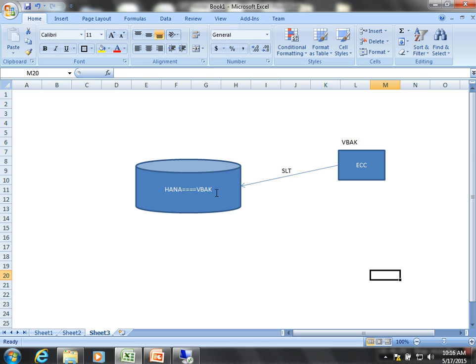But does the user give you a requirement such that the data is in a single table? No, right? He says I would like to have some reporting on sales. So you will have to join the VBAK, VBUK, VBAP, VBEP tables. Let's say you have to bring out 50 tables and then do modeling on those 50 tables and build up a logic and then give it for reporting.